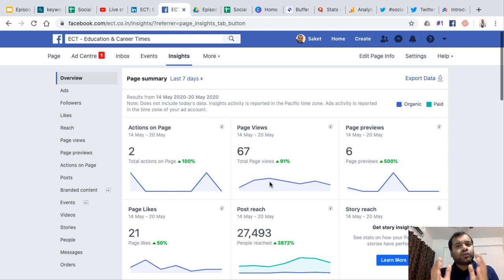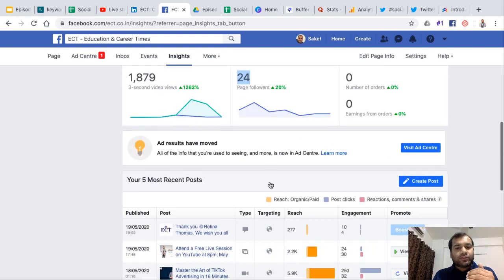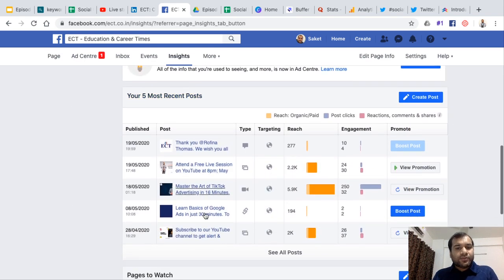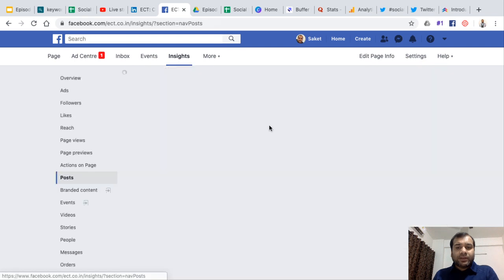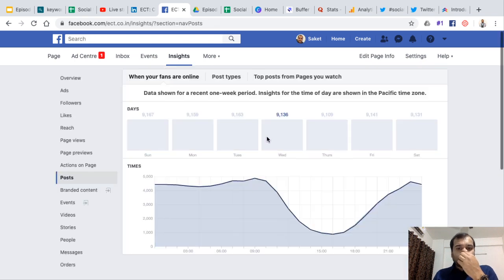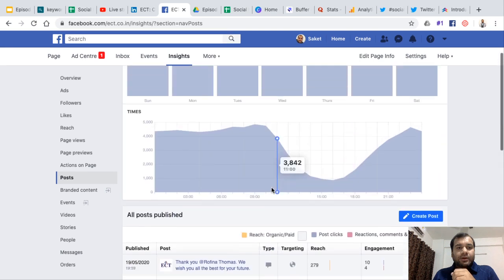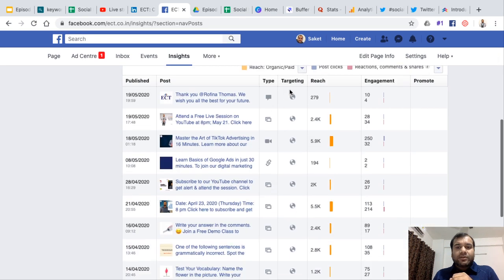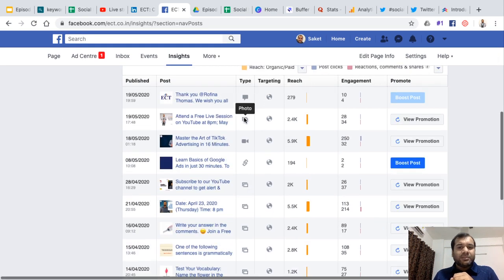So every social media network has its own analytics that you can use. If I scroll down, it is giving the list of all the posts and how many people each reached. See this: type, text, images, video, etc. Reach, how many people it reached: 279, 2400, 5900, 194, 2000.